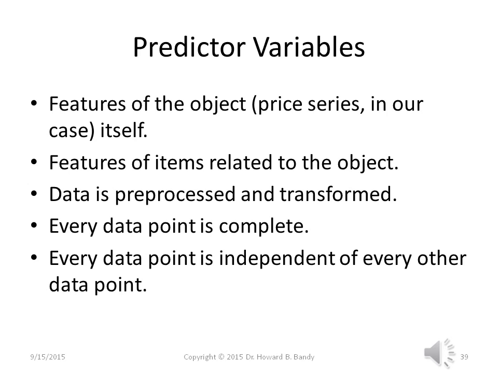In order to predict the target, we need to have some variables that have characteristics related to the target. Most of our time will be spent searching for and working with data that accurately predicts the target. The data is pre-processed and transformed, and all of the data points are independent of all other data points, or at least quasi-independent. Each data point must be complete and it cannot refer to previous data.